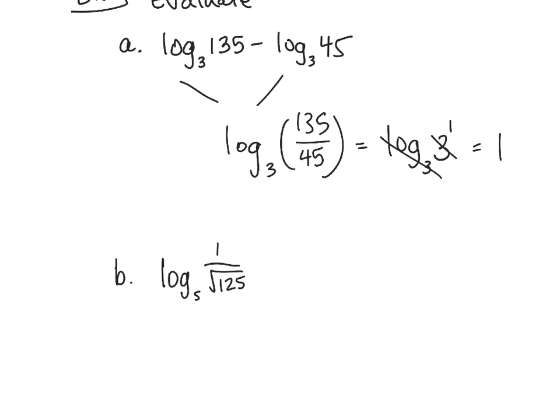Okay, another example. This is also going to illustrate property 2, the quotient property. So we're taking the logarithm of a quotient. We have a numerator and a denominator, so this is a quotient. So we can expand this single logarithm into two logarithms of the same base, base 5: log base 5 of 1 minus log base 5